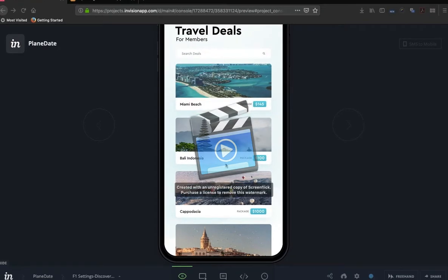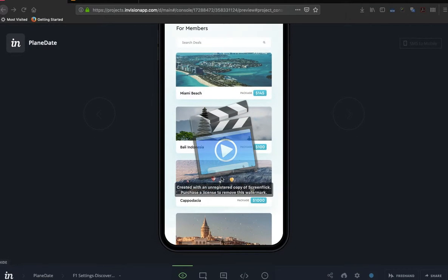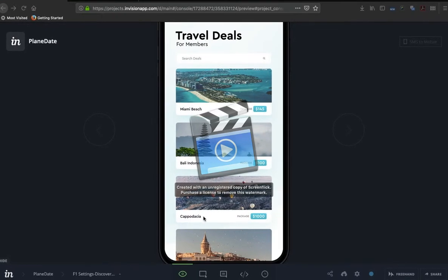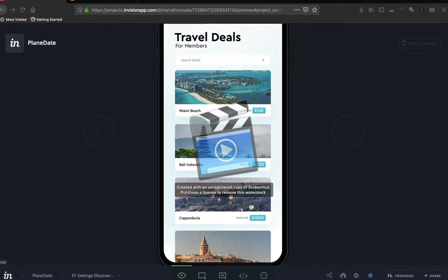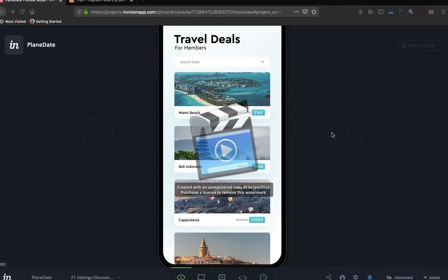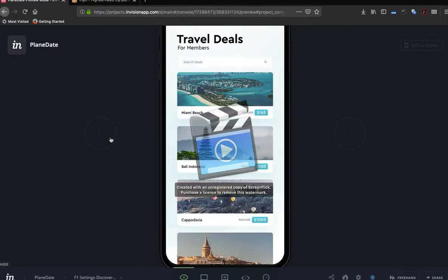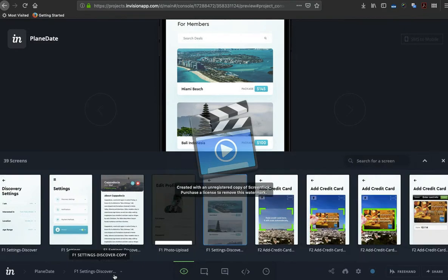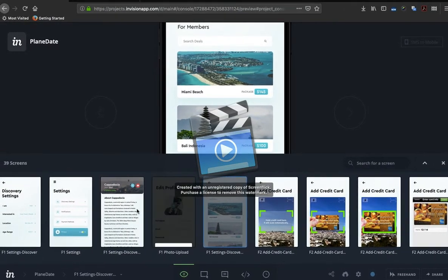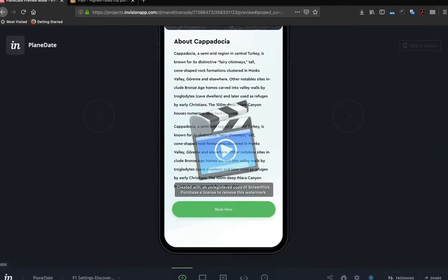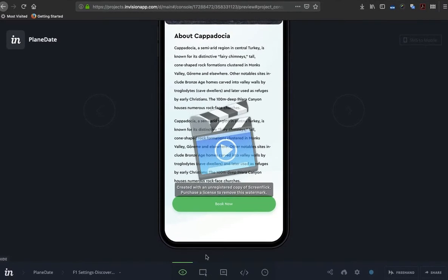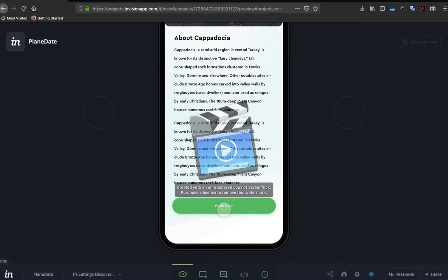So I have to figure out how that flows in. I think you created an experience for the Cappadocia. You click on that and that takes you in. So that's great. I really appreciate that. Probably have to work with you later to figure out how to do that. But I think you have the screen here for that and the book now for it. We need to figure that out later.